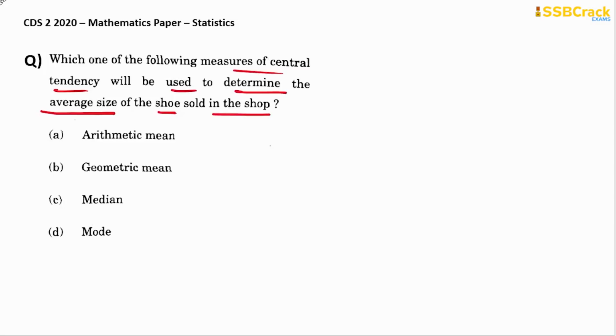Mode, you know that mode of a data is the observation which is repeated the higher number of times, which is suitable for most of the persons. Similarly, the shoe size has to be suitable for the majority of the people, means we have to of course go with the central measure of tendency which is none other than mode. So this was a simple, understanding-based question, and hence the right key for this particular question was option D only.